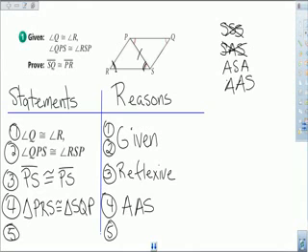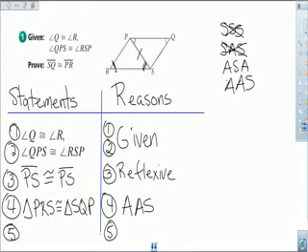So I know that CS is congruent to CS. How do I know that? What's my reason, guys? Right, reflexive. Okay, so now I have